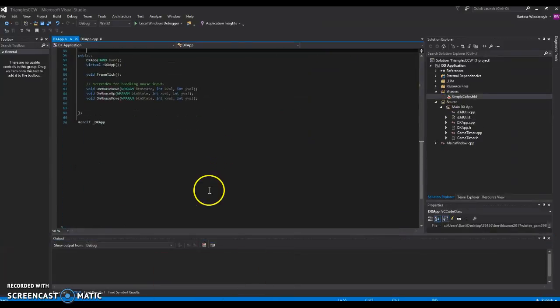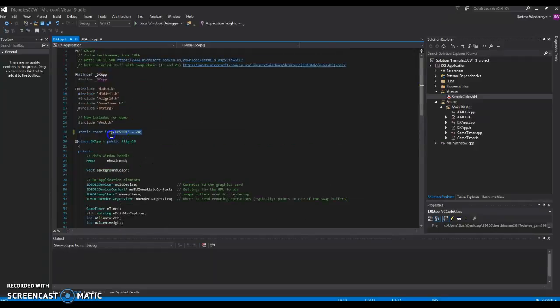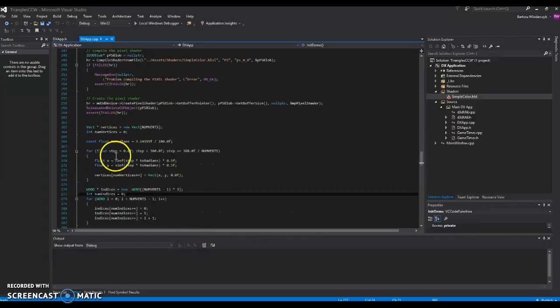The second question was to generate a circle using a number of vertices specified in the header. Vertices were generated using a loop, using cosine and sine for the x and y respectively. A step was based on going to 360 for the full circle based on the number of vertices, defining how great the step should be. The smaller the step, the fewer the vertices, and the greater the space between each